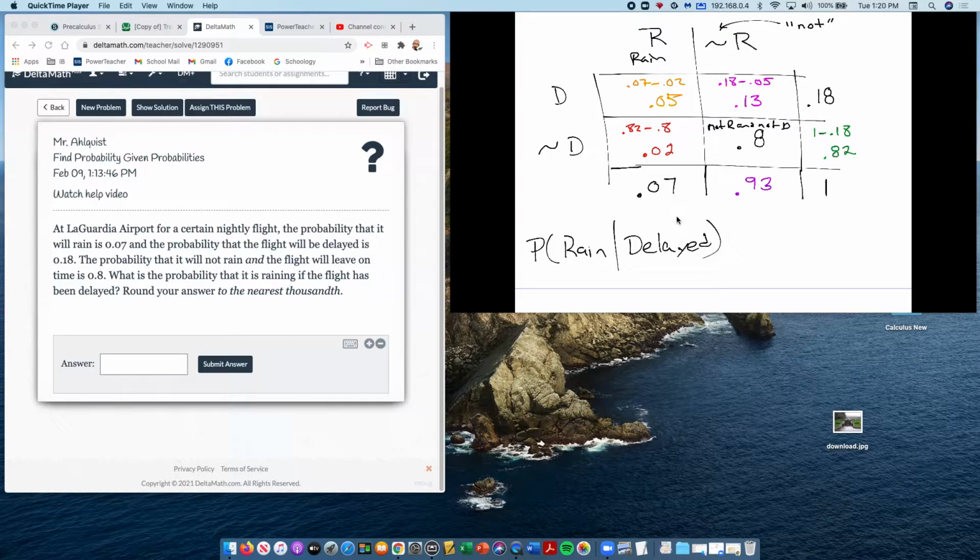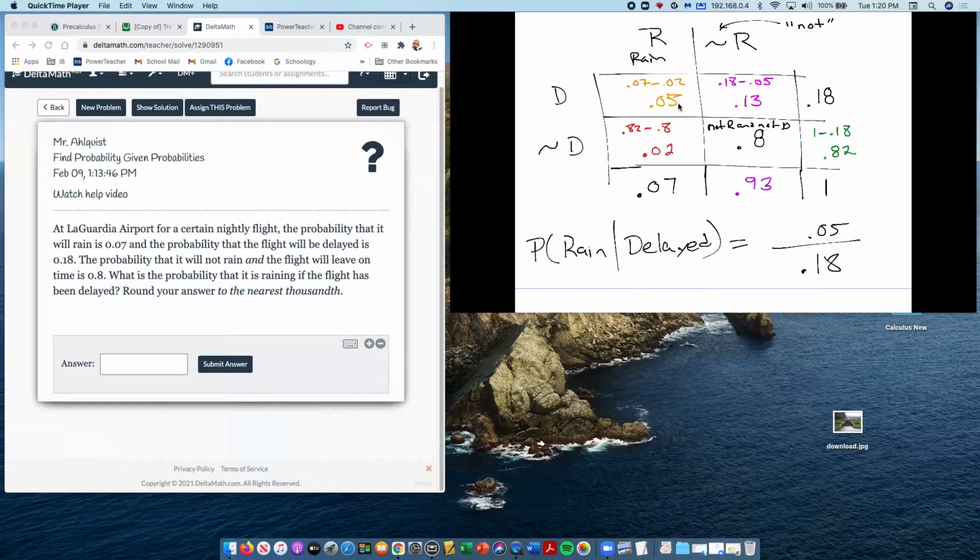Okay. So the probability that it's raining given that the flight is delayed. Well, given that it's delayed is the 0.18, right? It's delayed 18% of the time. The probability that it's raining given that it's delayed is the